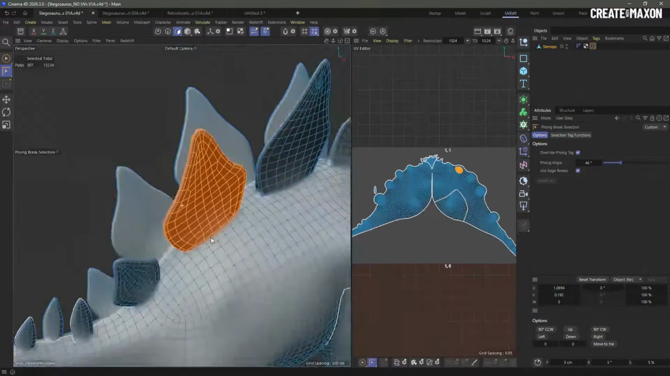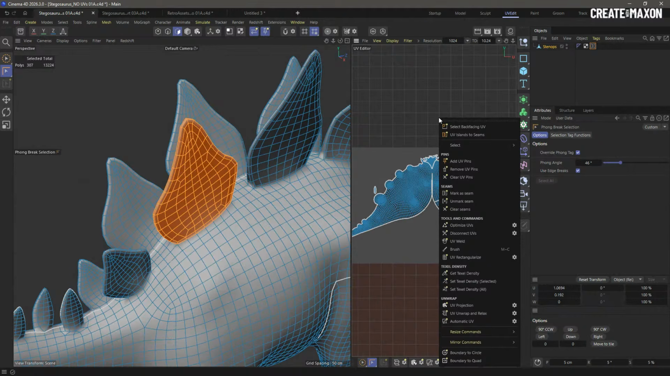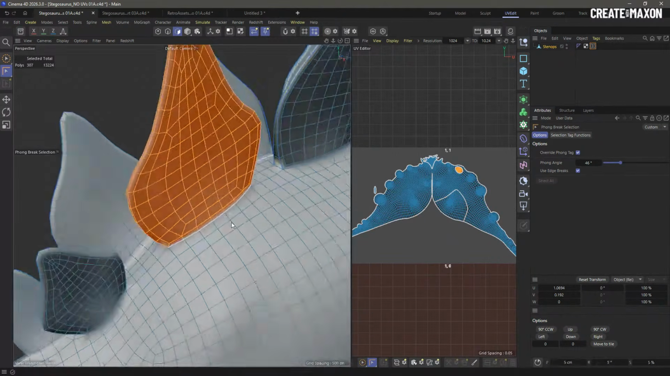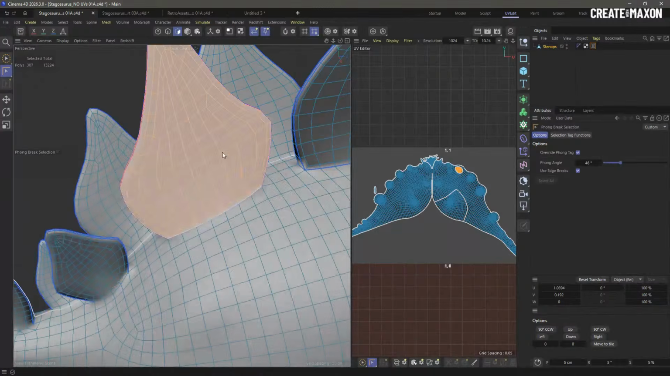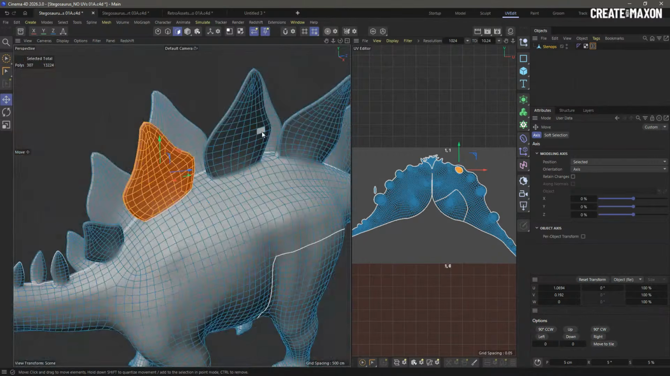Now watch this. Here I have a polygon selection, right? Even if it's a polygon selection, if I right click and say mark as seam, it will mark the open end of the selection as a seam. You don't need to select edges to select seams. So you can just select all these,